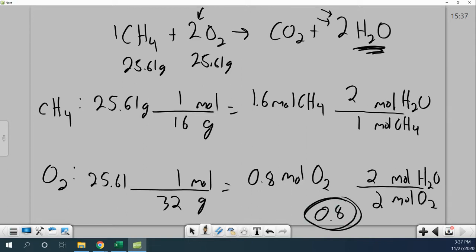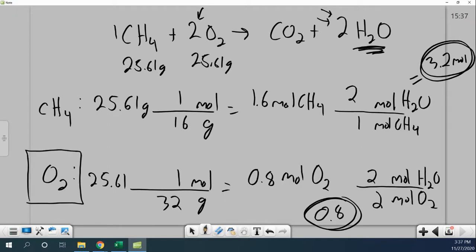So that's for oxygen. 1.6 times 2 gives me 3.2. So that's for my methane. Which one's smaller? It's still O2. Doesn't matter which one I use, you still get the same limiting reagent. You'll get different numbers, but it's the same limiting reactant. All right. So if oxygen is my limiting reactant,